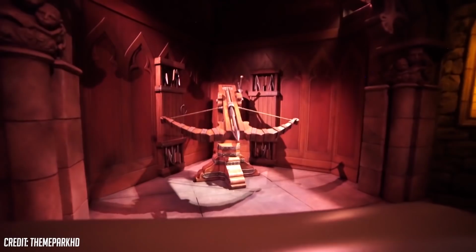If you think the danger has passed, you'd be wrong. A ballista takes aim at your vehicle and sends you into the next room. A sarcophagus and tablets of Egyptian gods fill the Egyptian antiques room, and the lights go out again as Albert